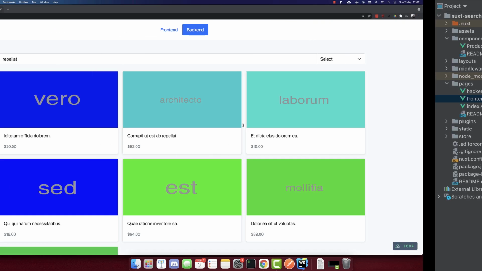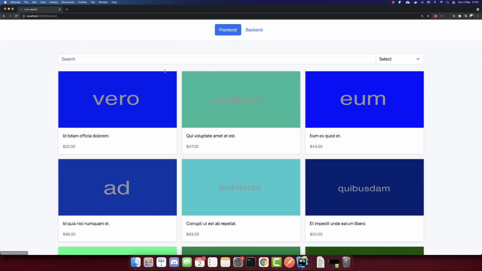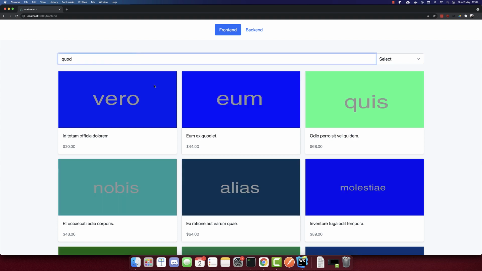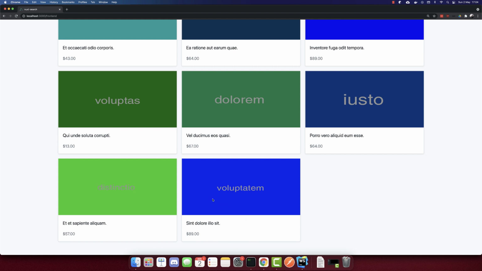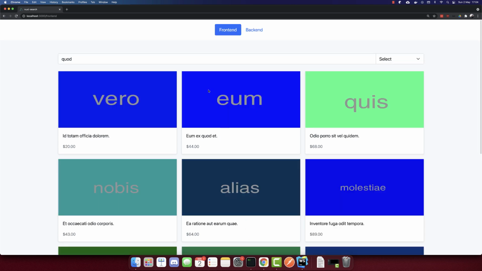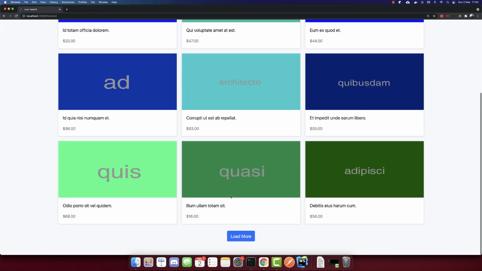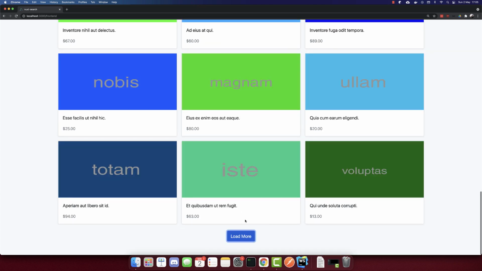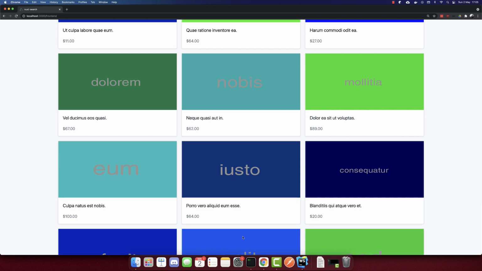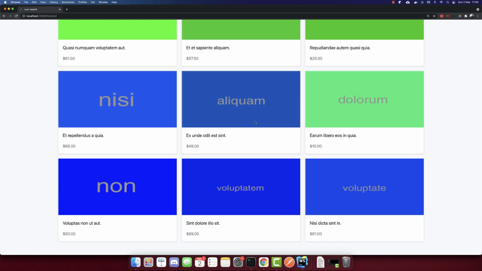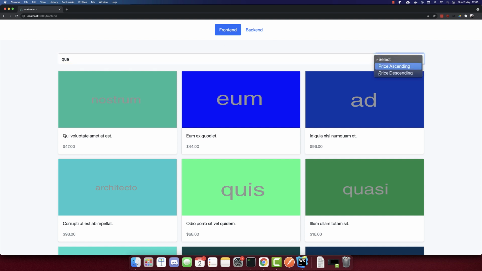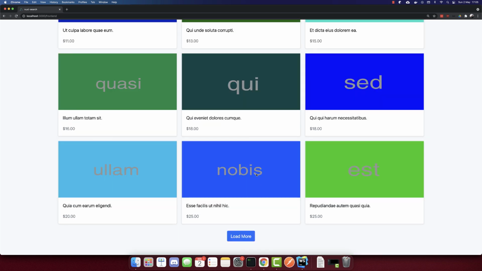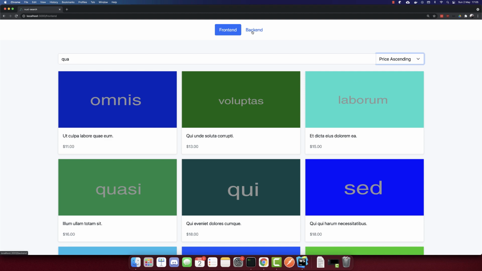And that's it. So if we go to the front end and we search, I will search by this word. So we can see a load more button. When we click, we load 2 more items and the button is disappearing. So we are removing the button when we reach the last page. So this is how we can search, sort, and lazy load using the frontend and also in the backend